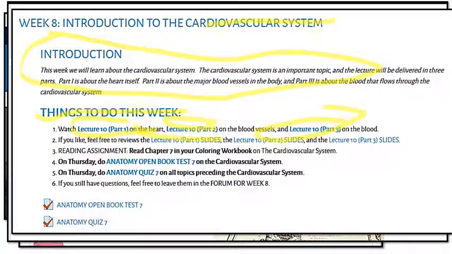Then every week I assign you to read a chapter in something called a coloring workbook, which I will explain later. Every one of you needs to buy the Anatomy and Physiology coloring workbook. That's one of the compulsory things that you need for this course. It's better if you have it because it's easier to read a book than a PDF file. But if you are absolutely unable to get it, I am posting some of the chapters